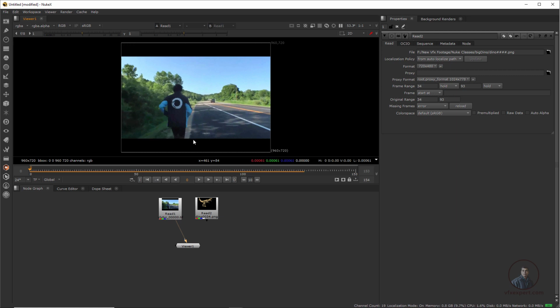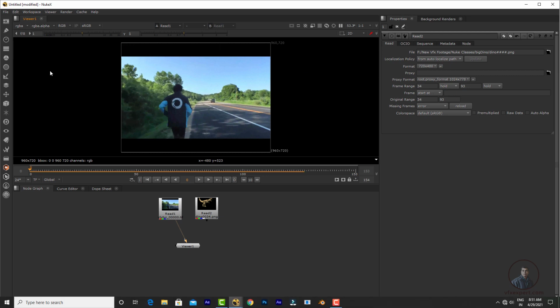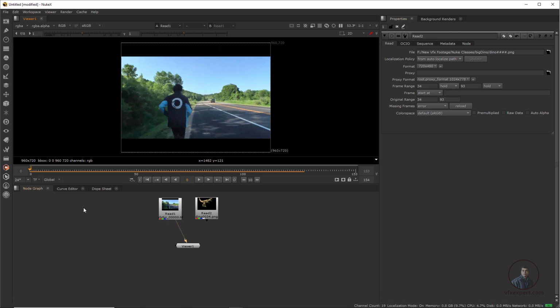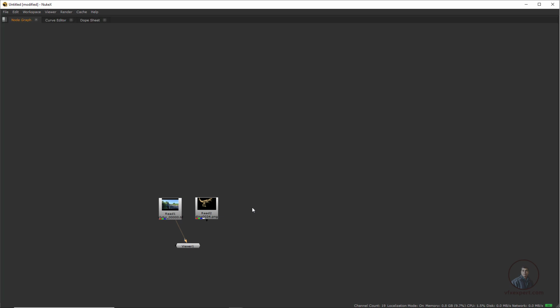Now finally, I'm going to show one more important thing here. Suppose you want to view your viewer in full screen, or you want to view your node graph in full screen, you can use the spacebar. I have placed the pointer or cursor here, and if you press spacebar, this will view your node graph in full screen.